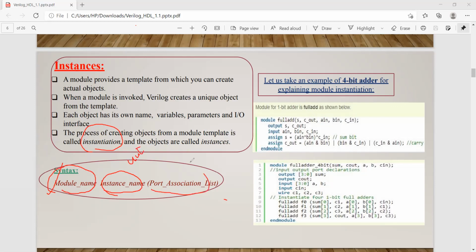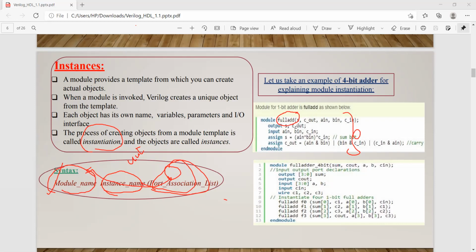Next is the port association list: whatever ports are associated with the top level module, we need to connect with respect to this particular module. For example, this is a full adder Verilog code. We will see how to develop the Verilog model for the full adder in the upcoming lectures.